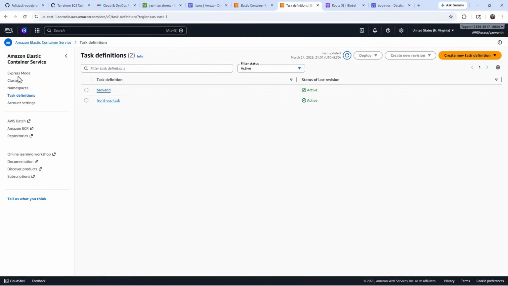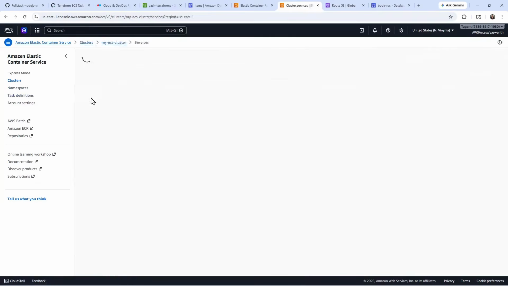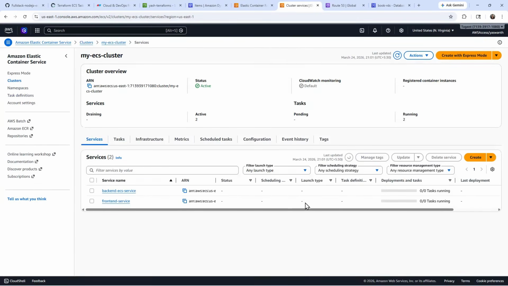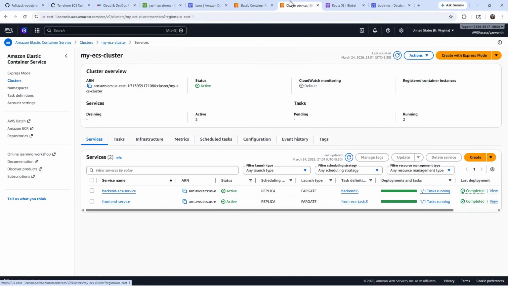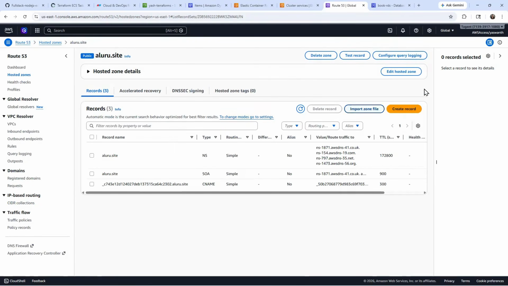See, it's active. Go back and just refresh. See, it is creating, and it will take 2 to 3 minutes to deploy the entire application. Meanwhile, we will configure the record and just create